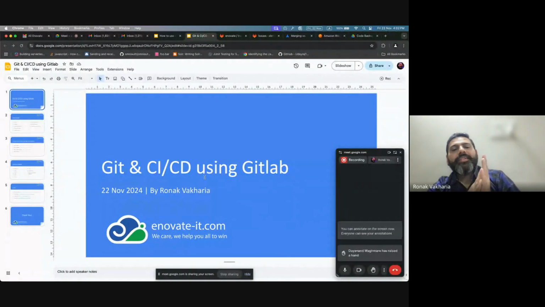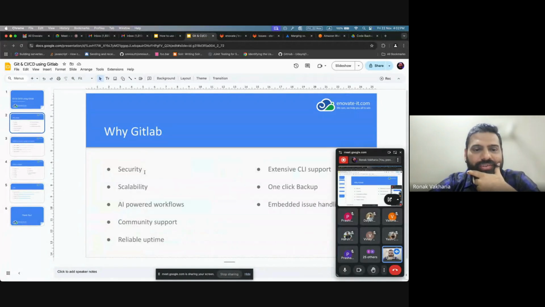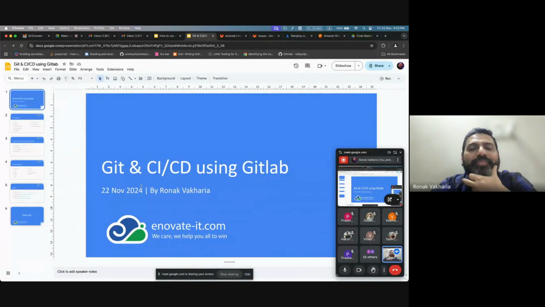So the topic of this session was Git basics and CI/CD. Basically, Git basics is somewhat misleading because we will not dive into the basic commands, because everybody at Innovate knows how exactly the Git commands work. It's our day-to-day activity, right? So we'll delve into some of the commands which are very important, but are not being used by 90% of